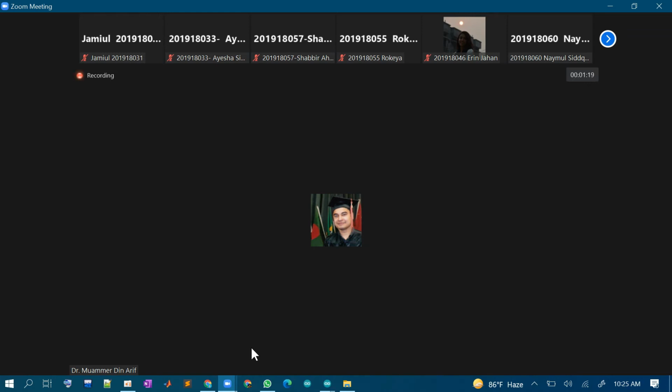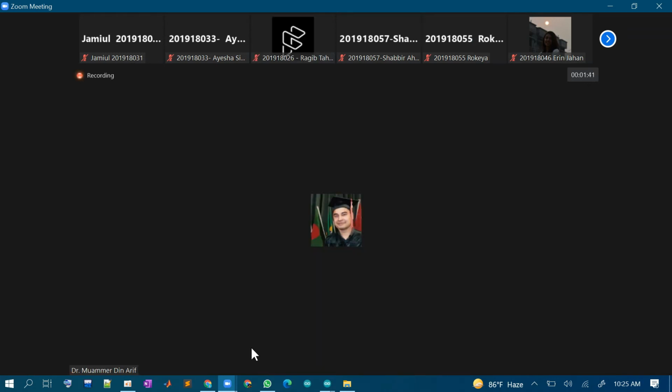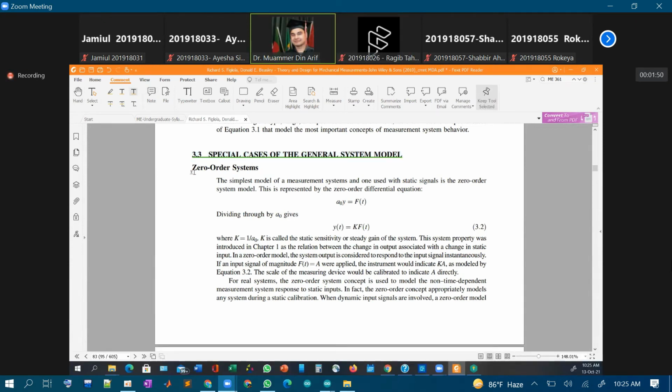So simplest model of a measurement system is one with a static signal, and it is a zero order system. ওই যে আমি বলেছিলাম স্ট্যাটিক সিগন্যালের জন্য, স্ট্যাটিক কন্ডিশনের জন্য। বা আপনি কি মনে হয় স্ক্রিনটা শেয়ার করেন নি স্যার? ও আচ্ছা, সরি, হ্যাঁ আমি তো মাঝখানে ভিডিও শেয়ার করেছিলাম মনে হয়, এই জন্য। হ্যাঁ, সো দিস ইজ ইম্পর্টেন্ট, এখান থেকে একটু পড়তে হবে, আমি দেখাও দিচ্ছি, আমি ডিসকাসও করে দিব।